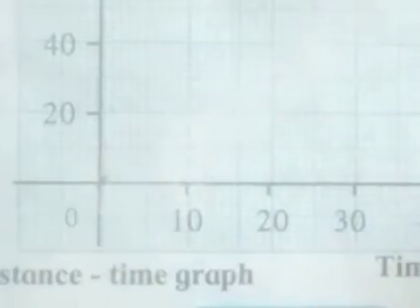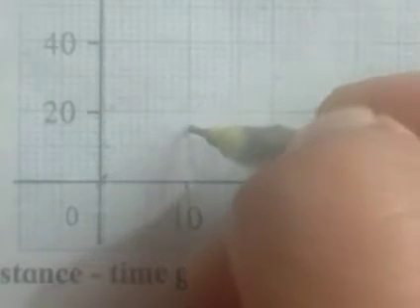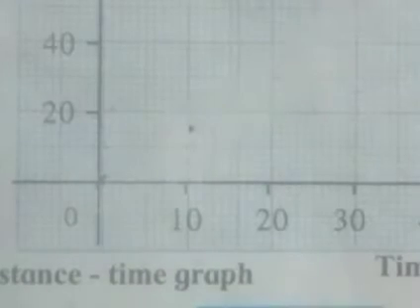So to find out 15 meters, it is very easy. Half of this, that means this fifth line, will be 10 meters. Each line is 2 meters, so this will be 10, 12, 14. This will be 16. So it will come between 14 and 16, somewhere here, like this point. Fine, so this will be around 15 meters in 10 seconds.